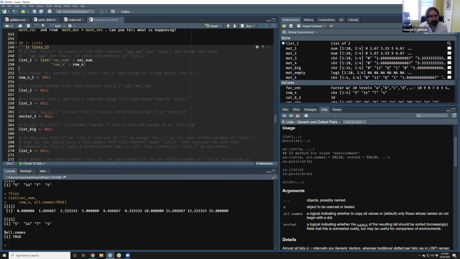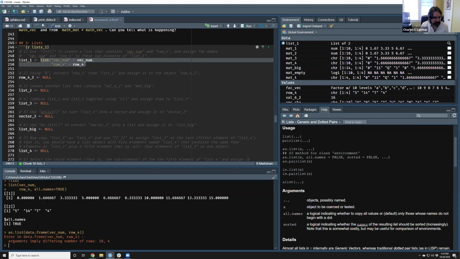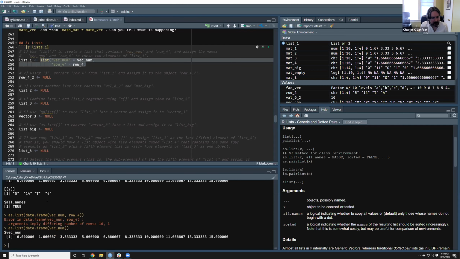There would be a roundabout stupid way. The stupid way would probably be to go as.list data frame vecnum row 4. But that's going to give me an error because they're different lengths. It would work for anything of equal length, but it's a stupid hack.